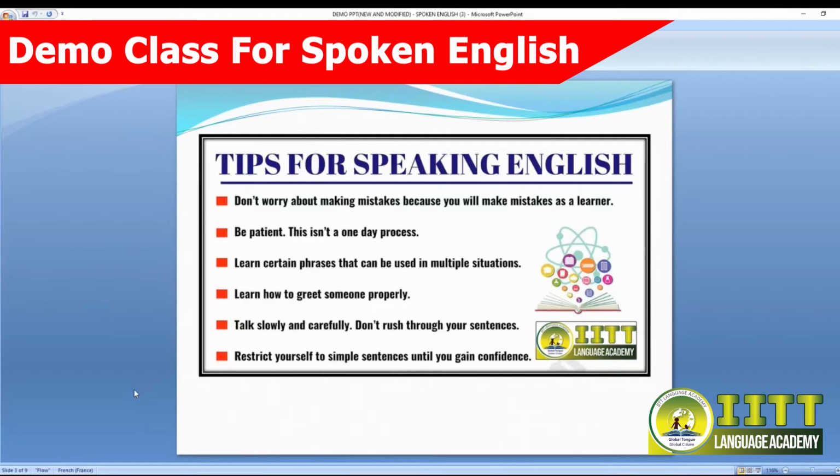Don't use double verbs. Do not try to join 2 or 3 clauses together. Make small, simple sentences. And with time, obviously, you'd like to know how to make complex sentences. And that's the time.